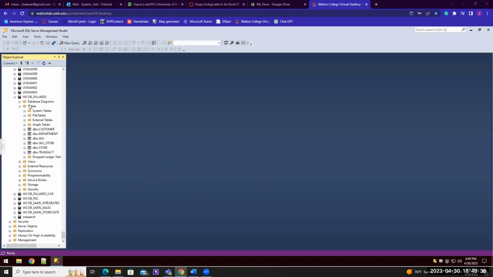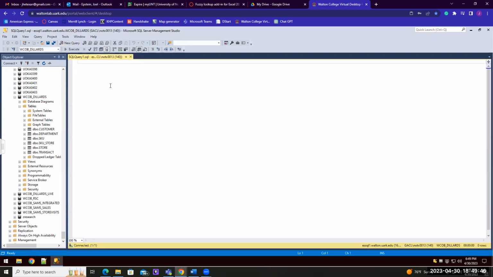All right, so we want to make sure that the tables are highlighted. That way it tells the system that these are what we're going to want to be working with. We're going to hit new query, and we're going to go ahead and type in select